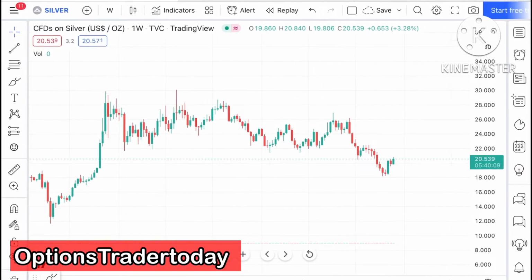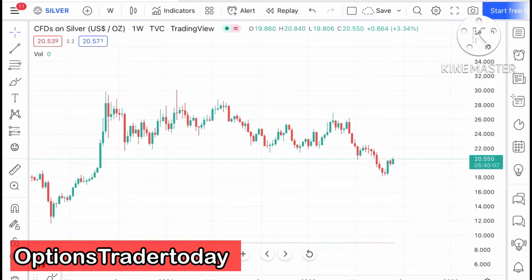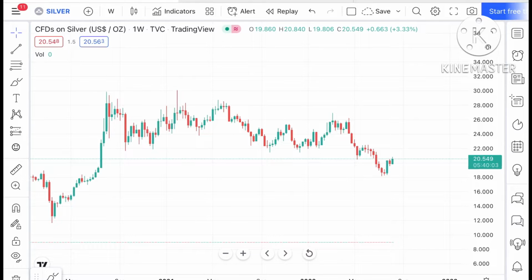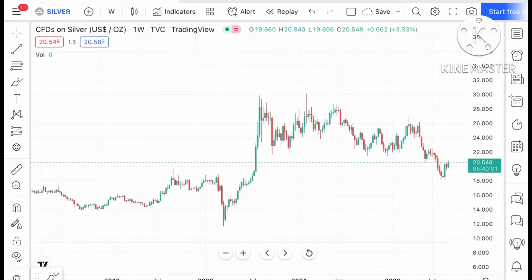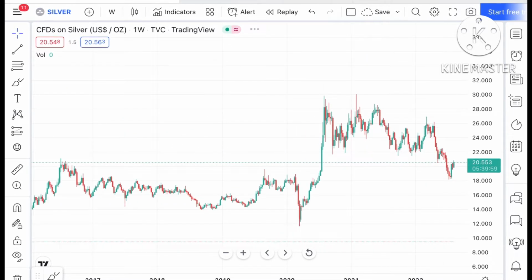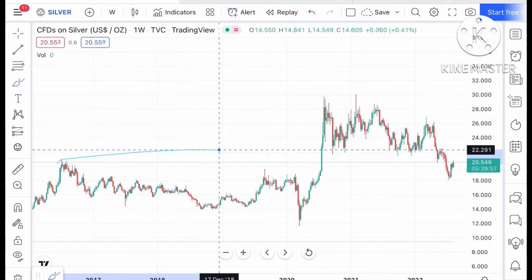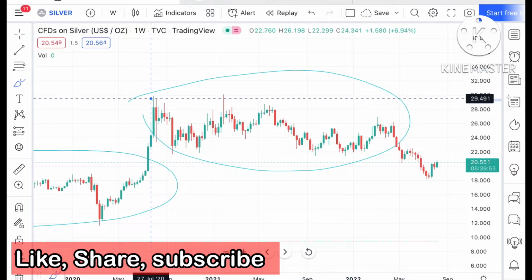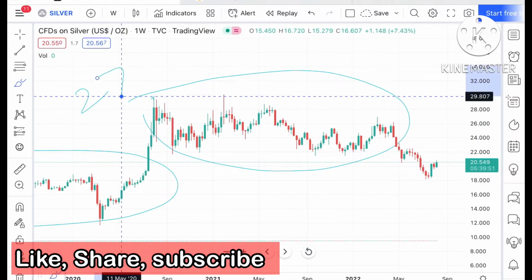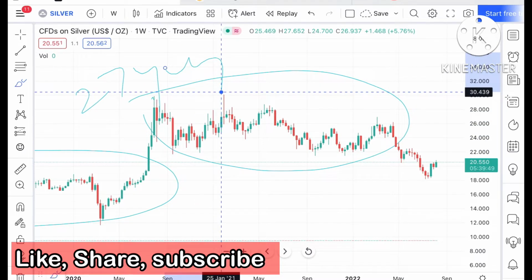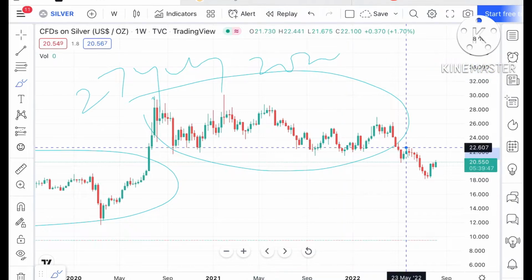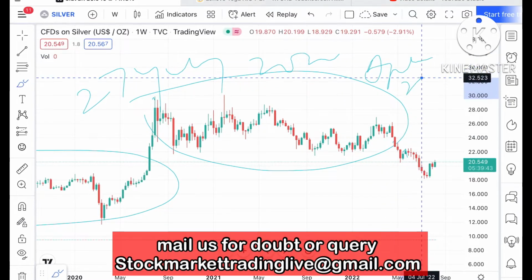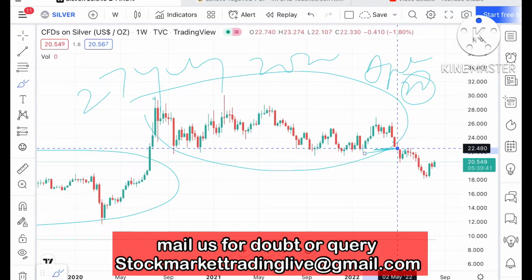So today in this video I'll explain how the price of silver has moved in the last week and how the price of silver can move in the next week. If you look at the chart of silver, we have seen that silver was trading in this particular zone, and this zone is from 27th of July 2020, and after a period of around the last week of April 2022, we have seen